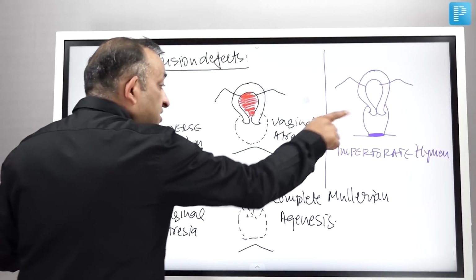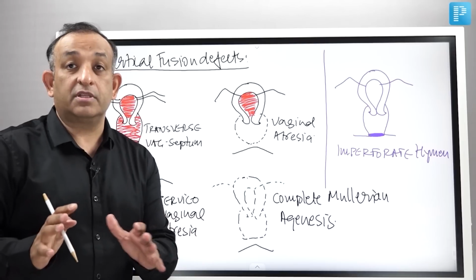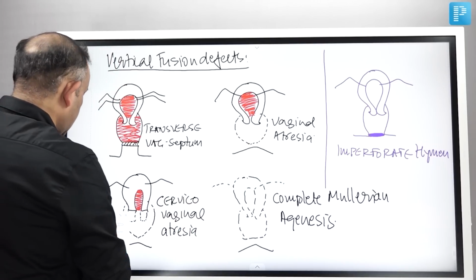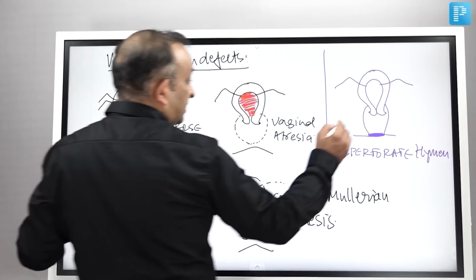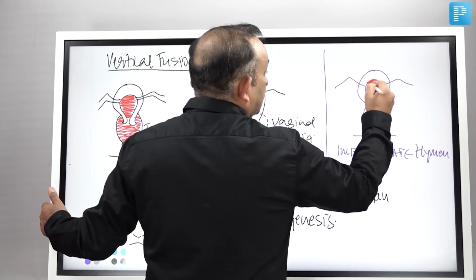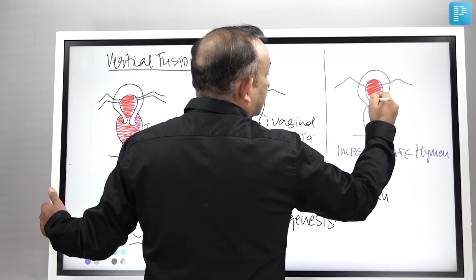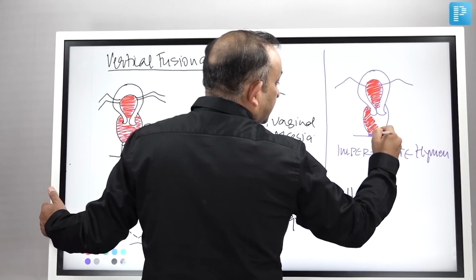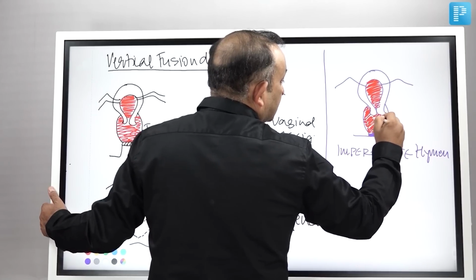Now, this is not a Mullerian defect. I know I am talking about the Mullerian defect chapter, but yes, this patient can also come with the same kind of presentation. She may have blood collected in the uterus and blood collected in the vagina,